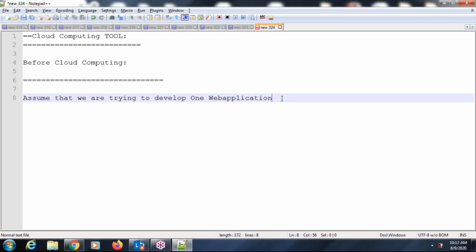And we are opening our application from the browser. So any application we open from the browser, that application is called a web application. For example, Facebook is there, right? We will log in from the browser at facebook.com and enter our username and password, right? That is called a web application because we are opening our application from the browser. Like that, we are also going to develop one web application.